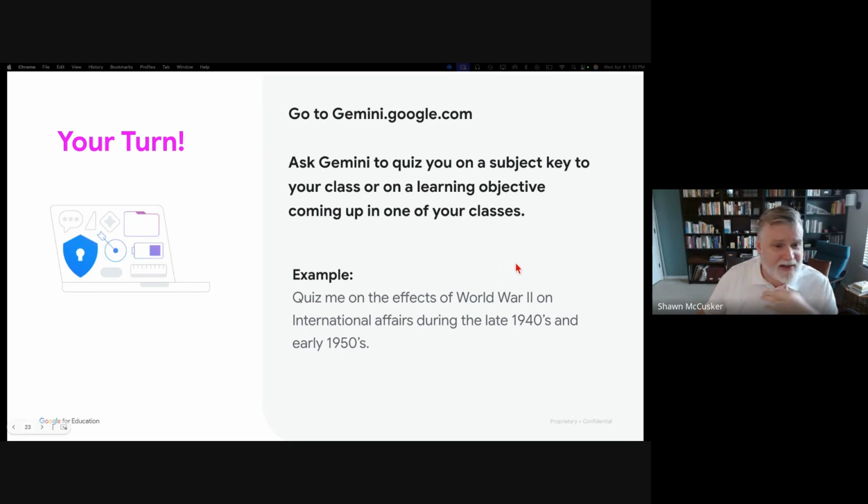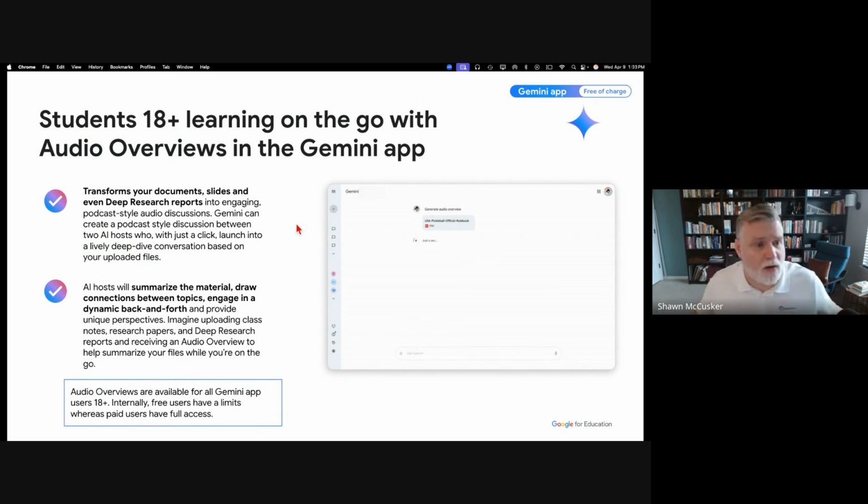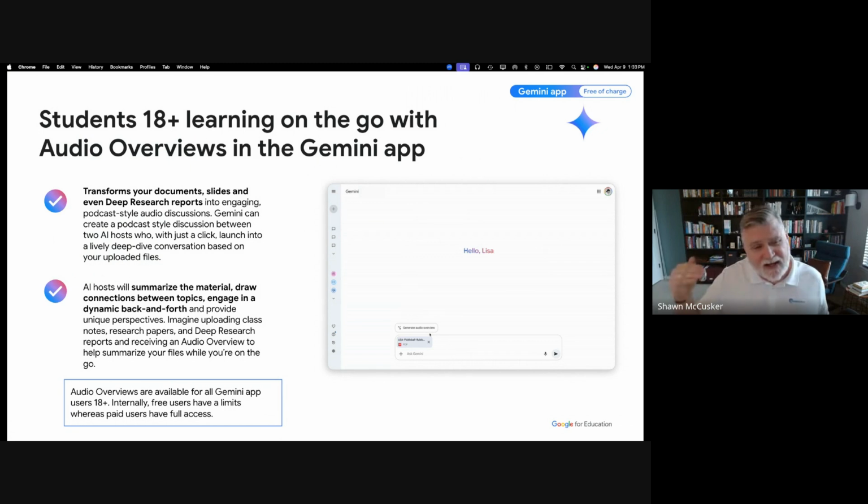All right. So we're going to go on to the next thing that I'm going to give you a challenge to do. Okay. And the next thing that I want you to take a look at is, did you know that just like Notebook LM, Google Gemini does audio overviews? So if you are a person who likes Google Notebook LM, and you are upset that you can't use it as a 13-year-old because it's 18 only, right?